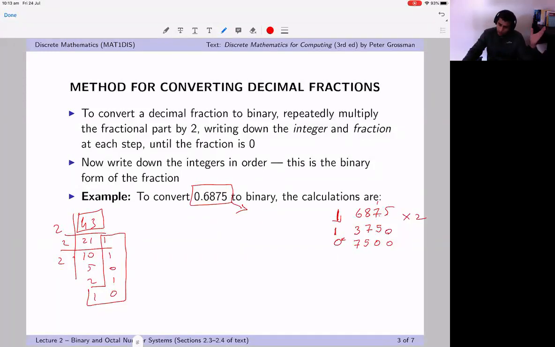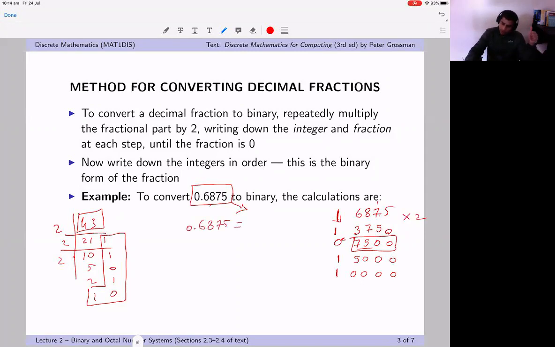Now, again, since all of these digits are not zeros yet, I would still keep multiplying. So 2 times 0 is 0, 2 times 0 is 0, 2 times 5 is 10, right? So 1 carried forward. 2 times 7 is 14, plus 1, 15, and that 1 carried forward would come here, right? And then again, since all of them are not zeros yet, I would repeat the process. I would have 0, 0, 0, 2 5s are 10, and that 1 carried forward. So hence, this number